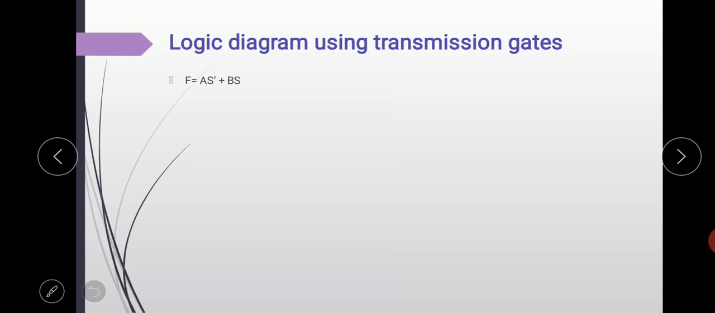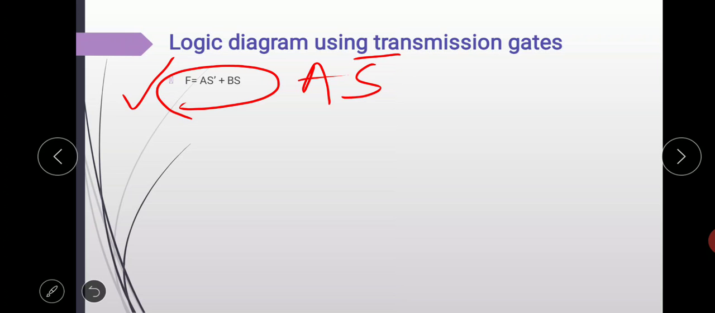Let's draw a diagram using logic gates for this equation. So here the equation is A S bar plus B S. Here you can see A S dash is given, that is A S complement. Okay,